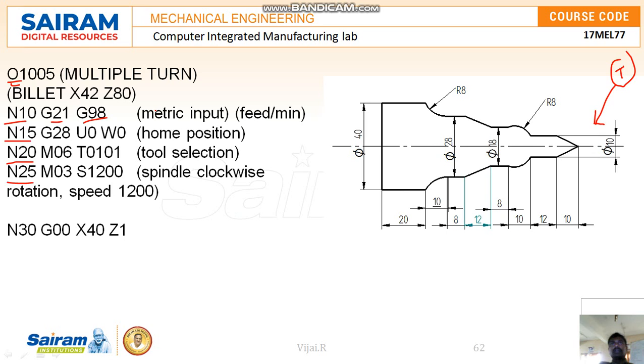After that, selection of the tool. So which tool and which station. I want to select the tool and select the station. M06 tool number 1, the station, and where I am selecting the tool, I have to rotate the spindle. What is the rotation of the spindle? The job is going to be rotated at 1200 RPM. So I am writing M03 S1200, and now